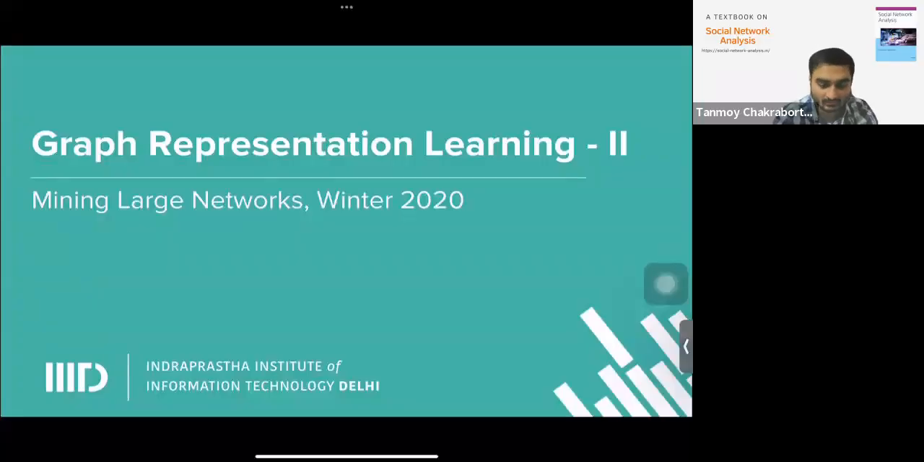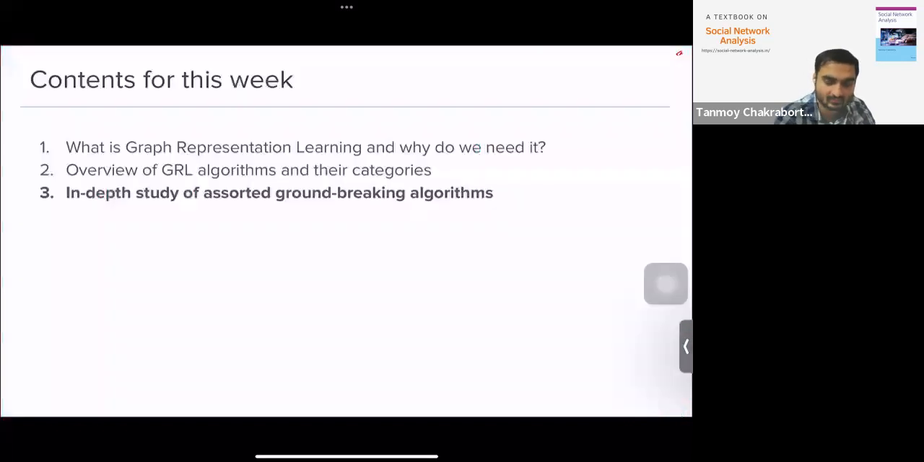Hi everyone. This is the continuation of our previous topic on graph representation learning. So far we have seen the motivation behind graph representation learning. We have seen that the task of graph representation learning is to basically map a graph or different entities of a graph, it can be a node, can be an edge, can be a subgraph, to an embedding space. The embedding space can be a Euclidean space, can be a non-Euclidean space like a spherical space or